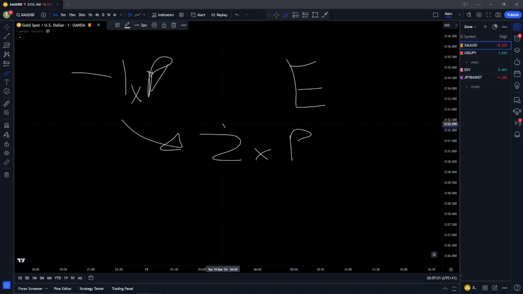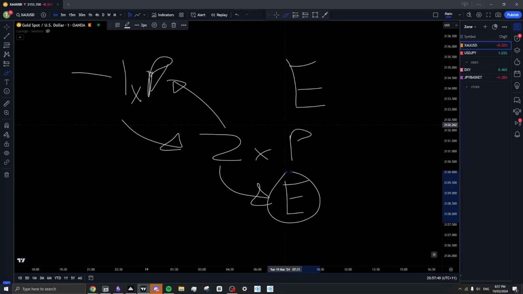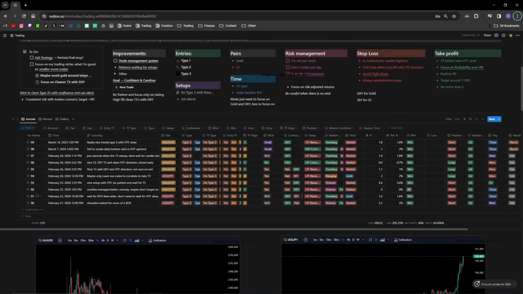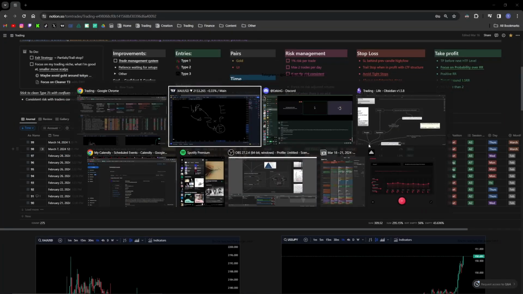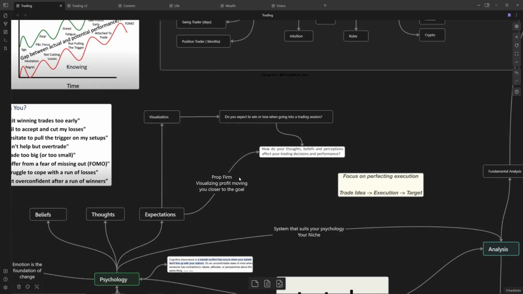Because you're not only losing the progress that you made on the account, you're also losing that expectation. This expectation, this fantasy is being ripped away from you. When something doesn't meet your expectations in anything in life, it feels bad. It feels worse than it actually is. So how do we fix that? Prop firms make it notoriously difficult to pass because of that kind of psychology. They're made to fail, prop traders. So how do we get around that?